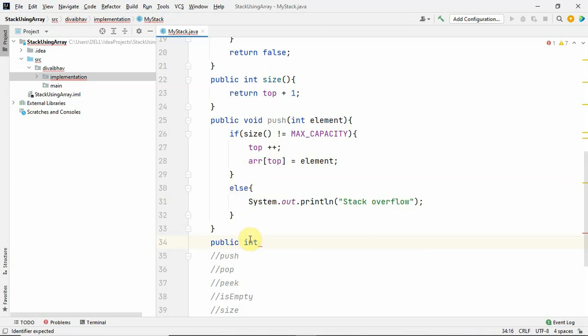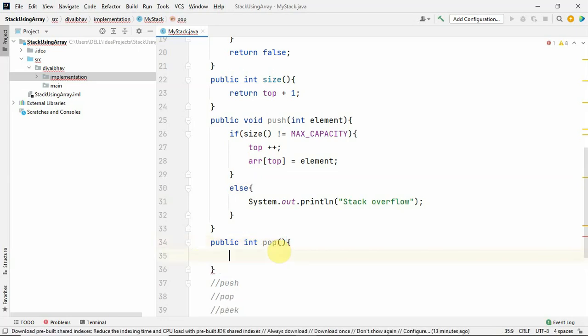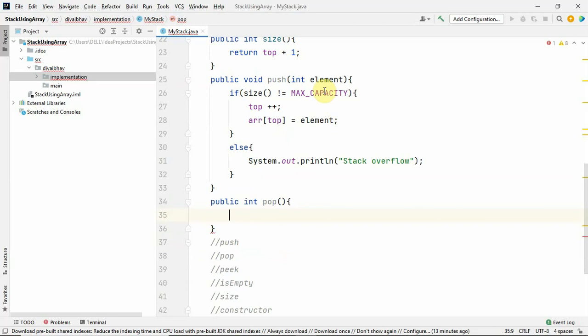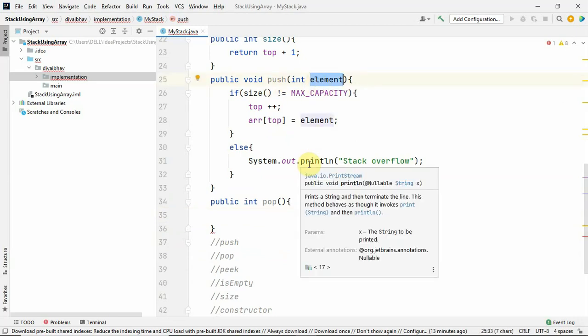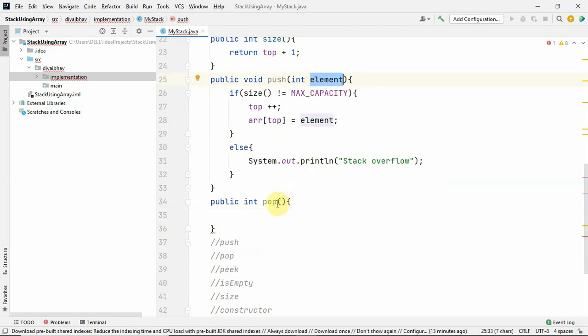In our case, the stack is storing integer elements. So we are going to pop. Now pop will not contain any argument. Like in push, there's one argument, the element which is going to be inserted into the stack. In pop we are not going to have any argument. What we are going to do is return a value.